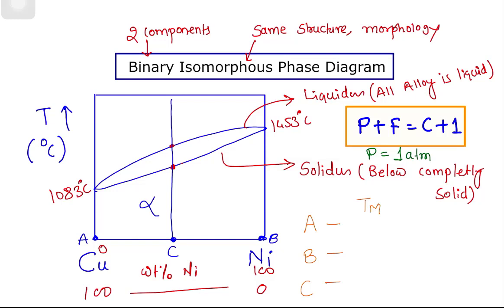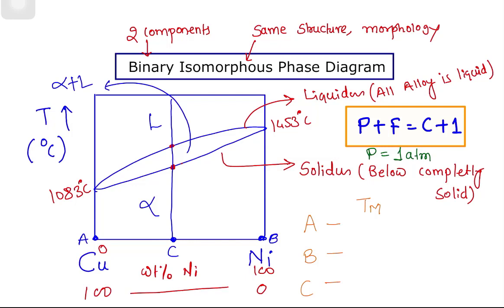After a certain point the melting will start and there is a mixture of solid and liquid. So this is the region shown here. Here we have a liquid plus solid mixture, and after a particular point all the phase will be in a liquid state, that we denote by L. This is because you can see this is the melting point of copper, this is the melting point of nickel, and this is the melting point of the alloy. So after this melting point we will have liquid.